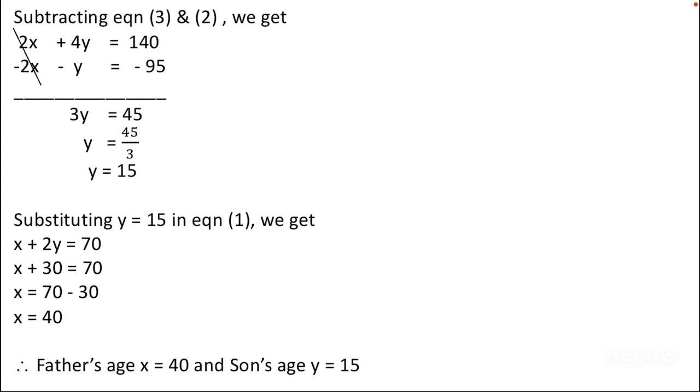So we know that we had assumed that the father's age is x and son's age is y. So our x is equal to 40 and our y is equal to 15. Now again, as I said in the first question, if you want to find whether the answer that you have got is correct or not, you can substitute your x and y value in any of the previous equations, and you can check if your LHS is equal to your RHS. It means that the answer that you got is correct. But if your LHS is not equal to your RHS, it means that your answer is wrong, and you have to check whether there is any calculation error or whether you have framed the equations wrong.